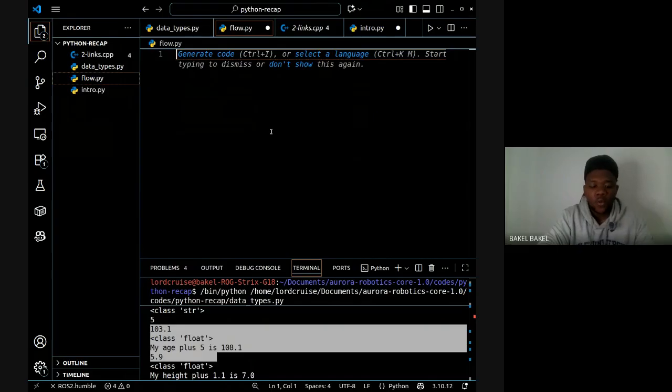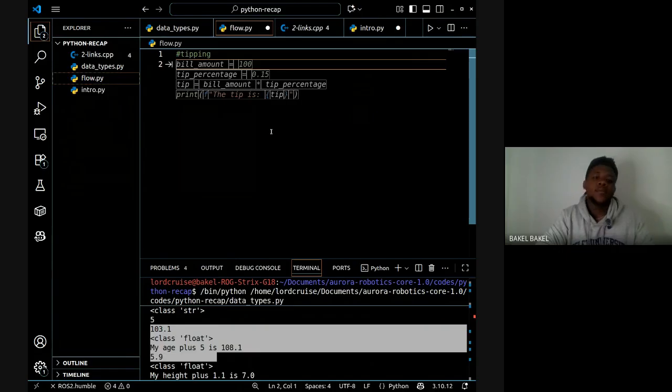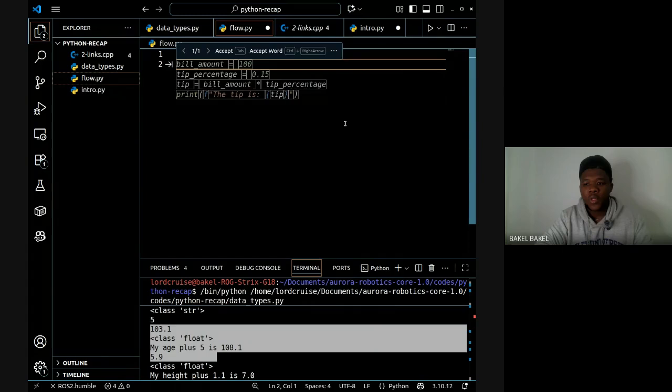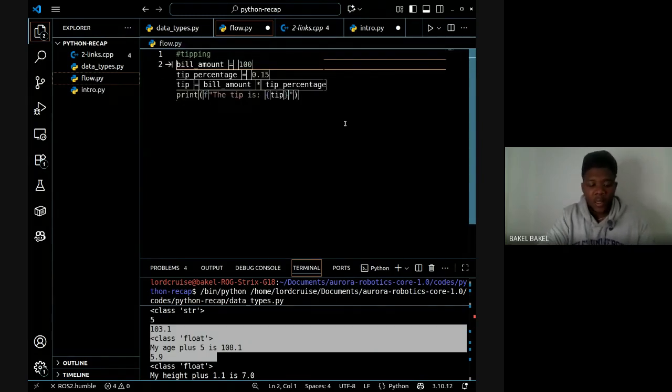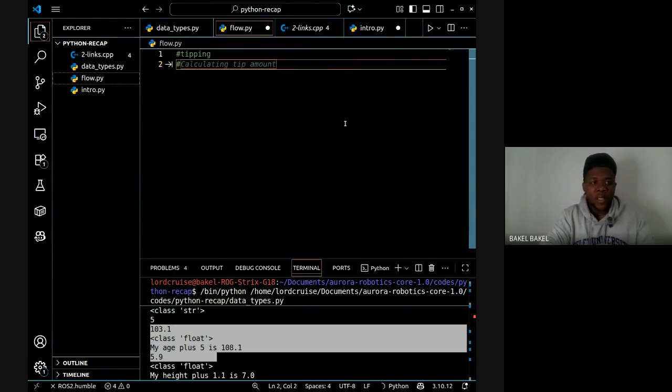So for the flow, we can use this example. There's a culture here for tipping. So you can already see that they're giving me a suggestion for a pseudocode, but I don't want that suggestion. I want to use things that we already know. So tipping is what I have in mind. If